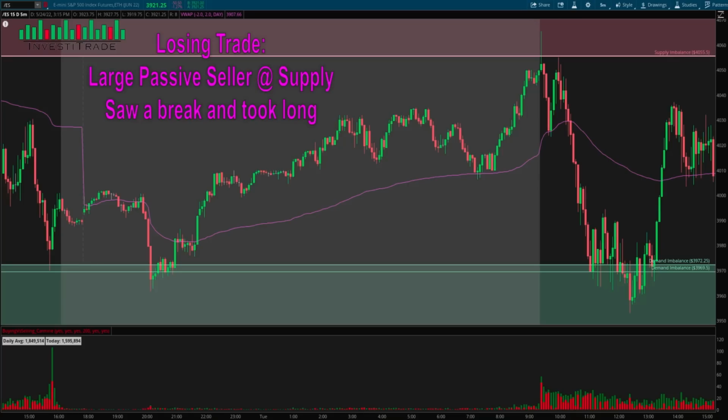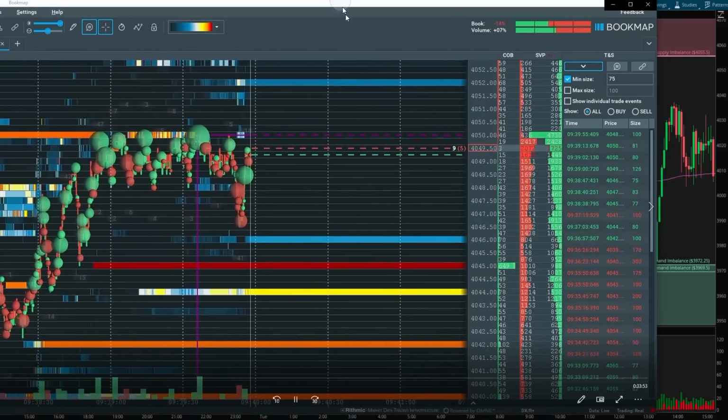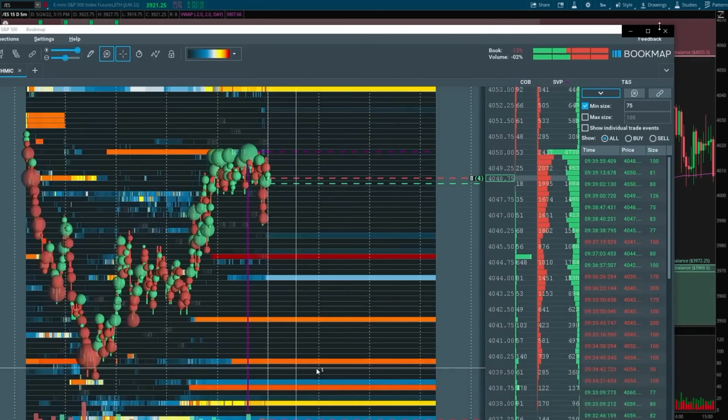4055. Now, what's important here, and my mistake, is I take the market long inside of supply. I should have never done it. I don't know what I was thinking here. But what we're going to see here is on Bookmap, we're going to see a very large seller at